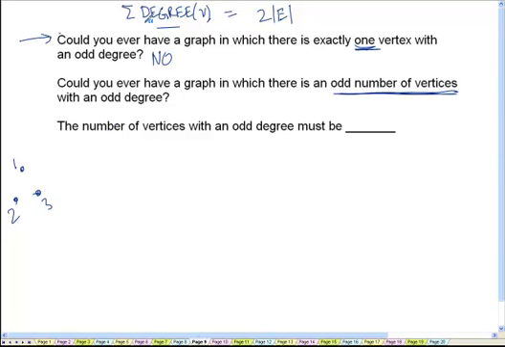Yeah, because if you have an odd number of vertices with an odd degree, then the sum of the degrees of those odd number of vertices is going to be an odd number, right? So if you sum an odd number of odd numbers, you're going to get an odd number. If you sum an even number of odd numbers, then you get an even number. But if we have an odd number of vertices with an odd degree, the sum of the